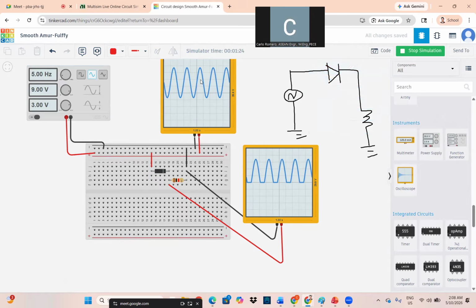So meaning to say 2, 4, 6, 8, 9. So this is 9 volts. Then we have 2, 4, 6. Okay, so there is an offset. Anyway, this is the input and this is the rectified voltage. Okay, now this is an example of a half-wave rectifier circuit.